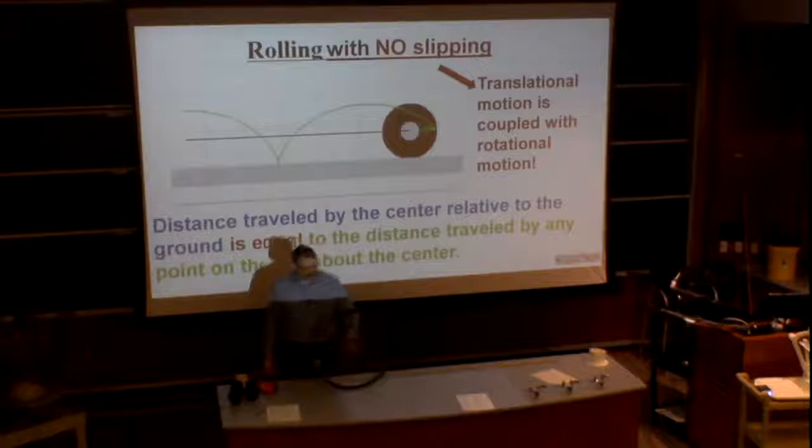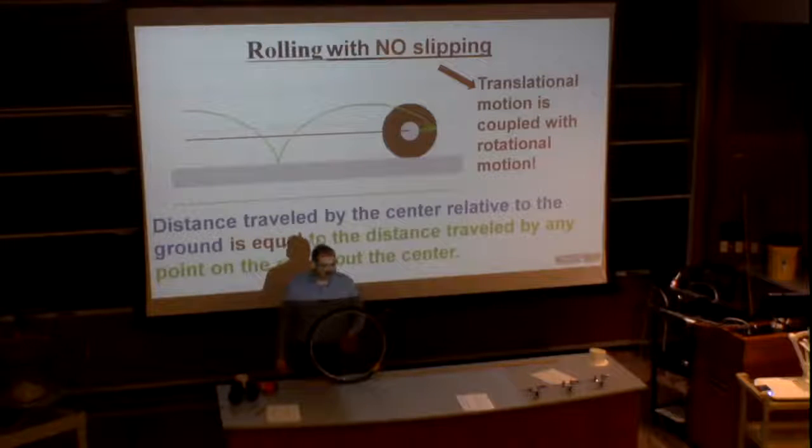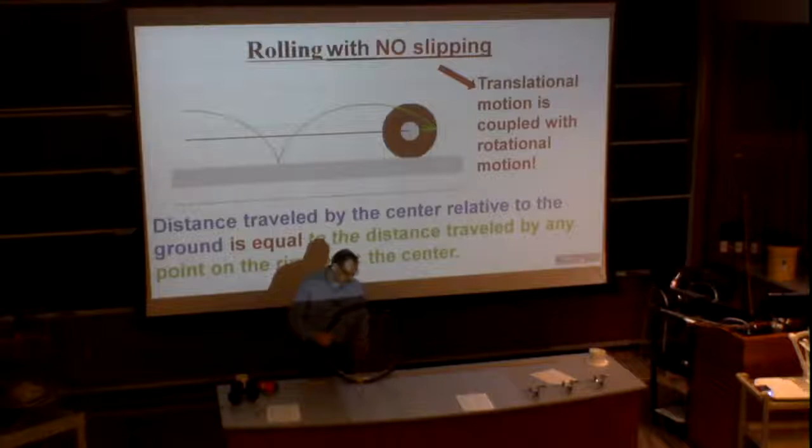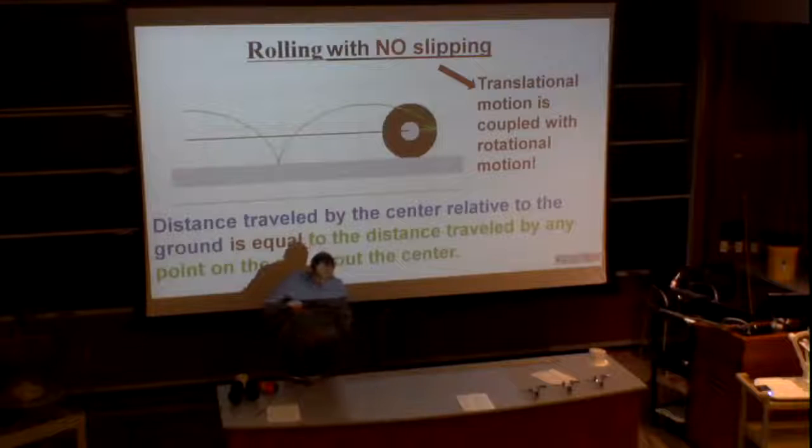Now, there are different types of rolling, complicated and simple. Complicated rolling happens when we can see some slipping. In that case, we can't say much about angular and linear variables. However, the simple case, rolling without slipping,